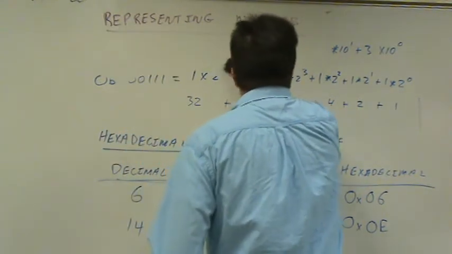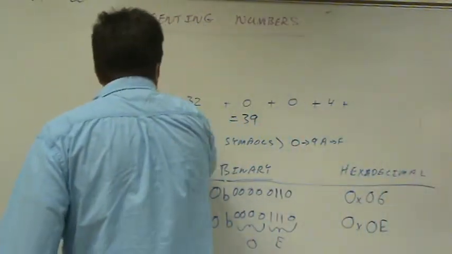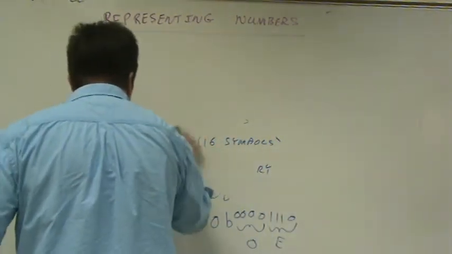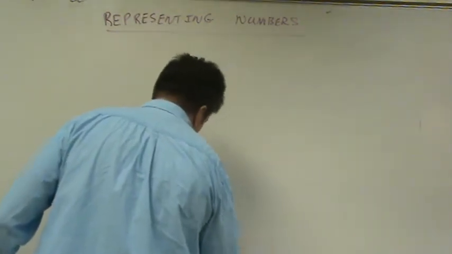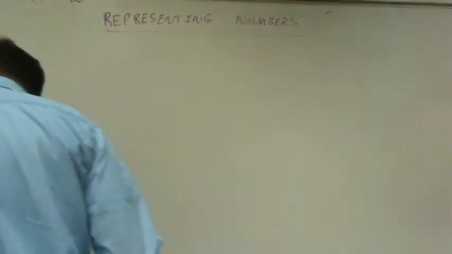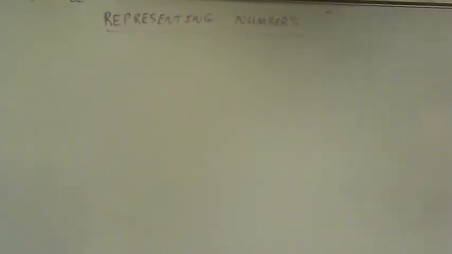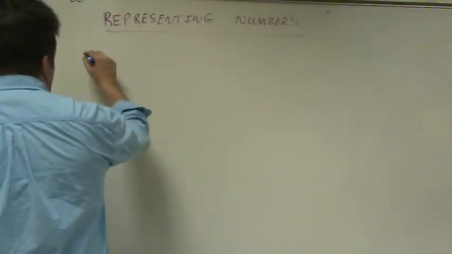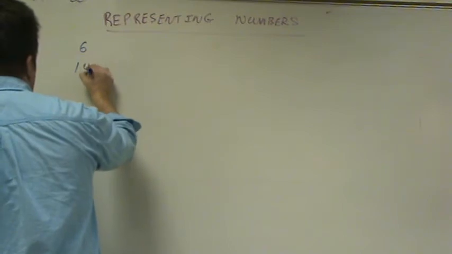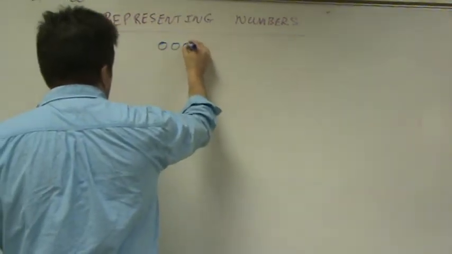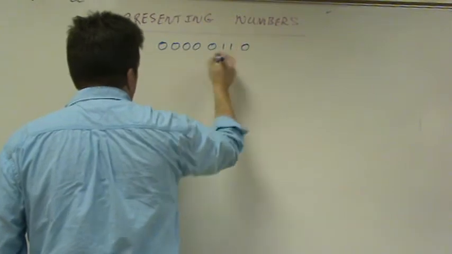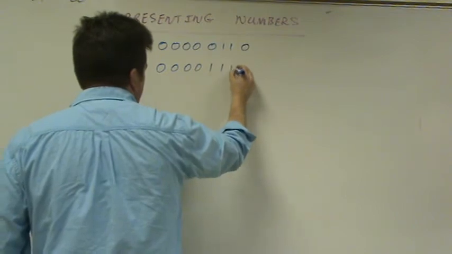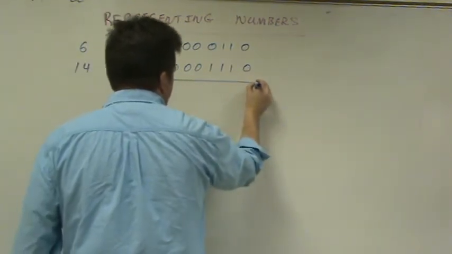So now, since computers run on electricity, and electricity is either on or off, we like representing data in binary values of either electricity is on or electricity is off. So, if we wanted to add 2 numbers together, like 6 and 14, using the same numbers in our example, and 14 would be 0, 0, 0, 0. We said it was E. If we wanted to add these 2 numbers together,